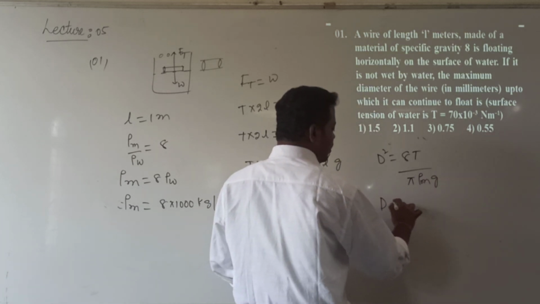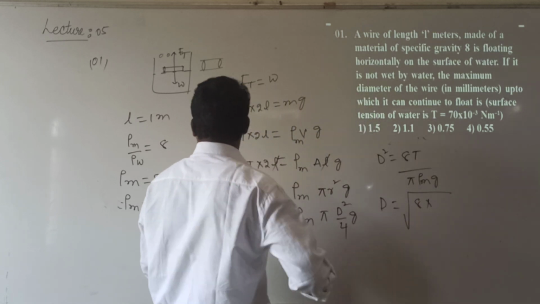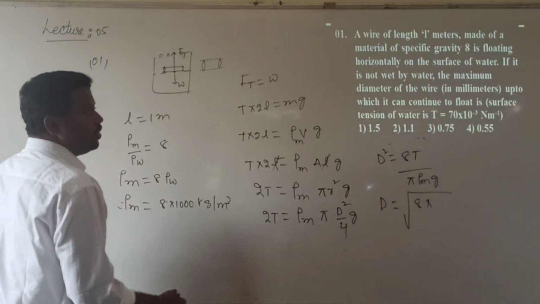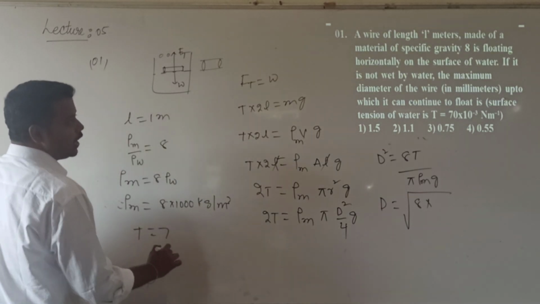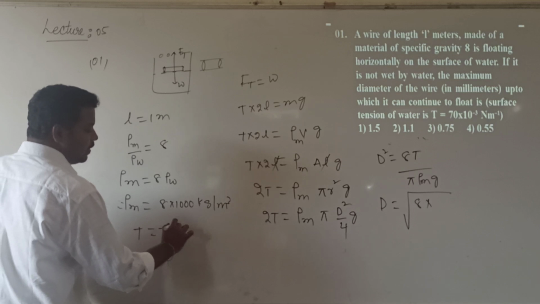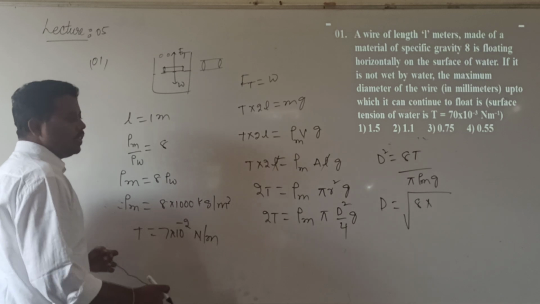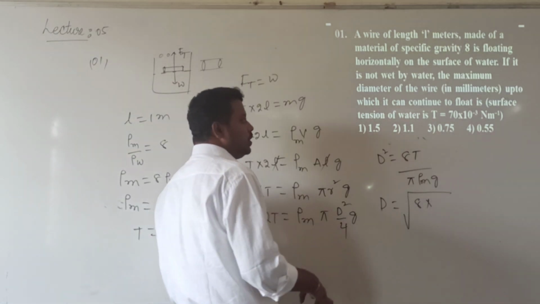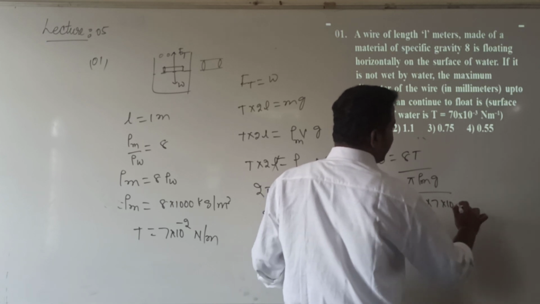So D value is equal to root over 8 into, what is the surface tension value they have given? Surface tension of water is a constant value, so that is 70 into 10 to the power of minus 3. Can I write 7 into 10 to the power of minus 2 Newton per meter? Then what will I get? So 8 into T value, 7 into 10 to the power of minus 2